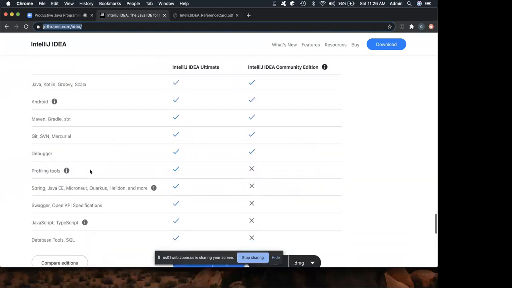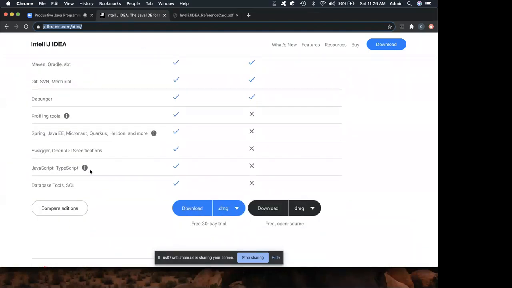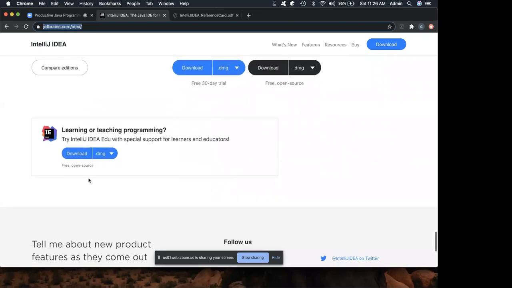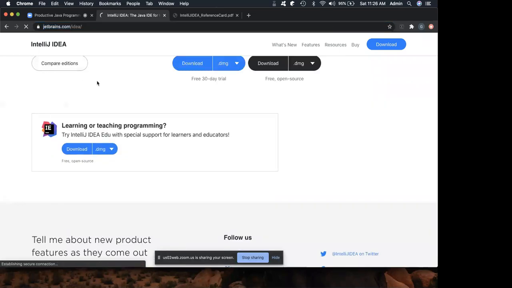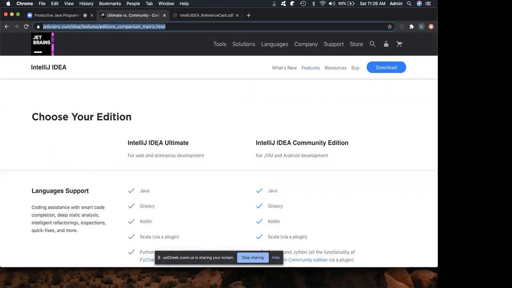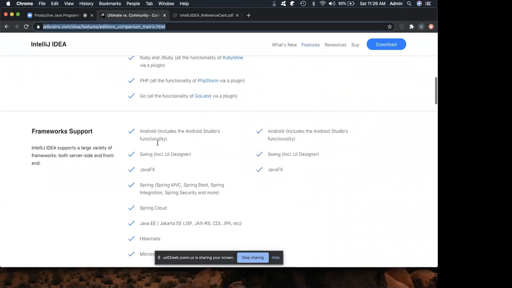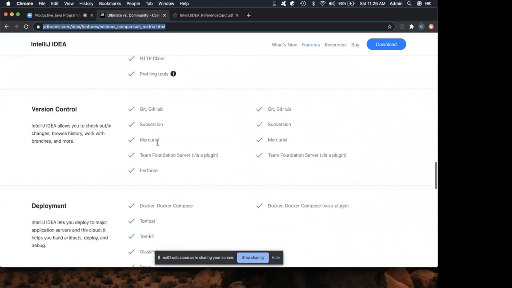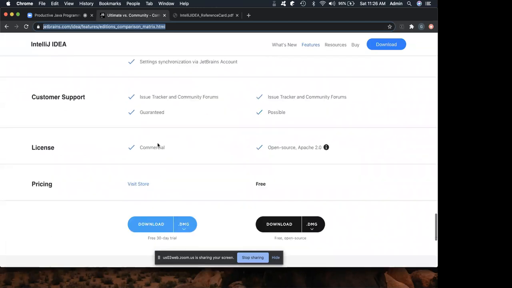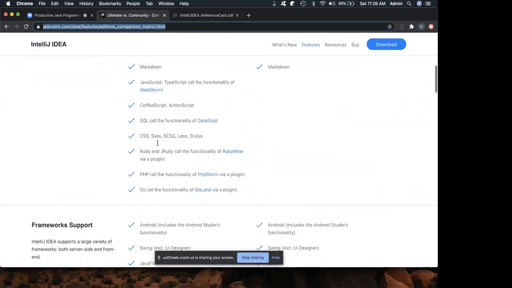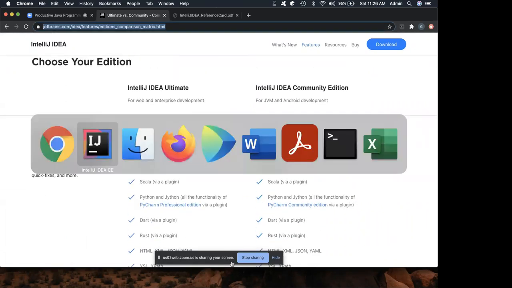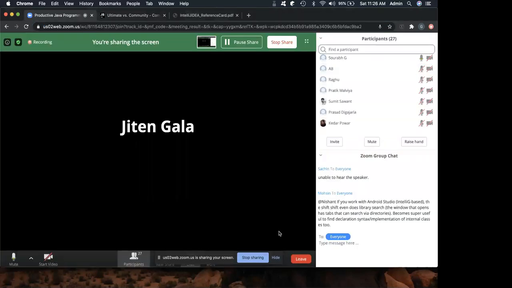The main difference comes in the support for profiling tools, frameworks, languages, and plugins. If you go to the detailed compare editions page, you will see the differences between these two. As far as the editing part is concerned, almost everything is the same. So whatever we are covering in this session is useful for everyone, no matter if you use community or professional. I am sharing the link as well, just in case you don't have it.